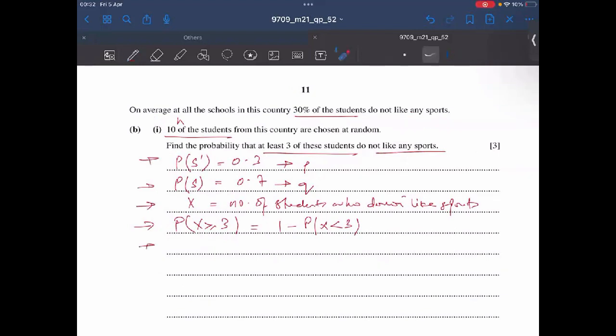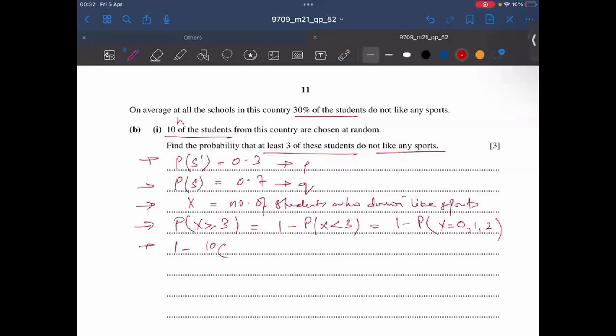That will be much easier, Iman, because otherwise I would be calculating around 8 probabilities: 3, 4, 5, 6, 7, 8, 9, 10. Instead, I would be just calculating for X equals 0, 1, and 2. All right, and 1 minus, then I have